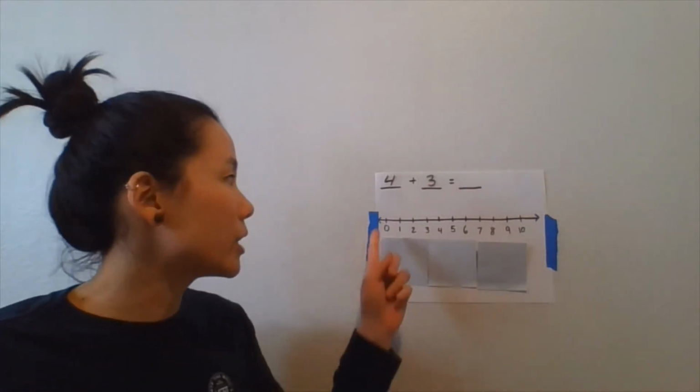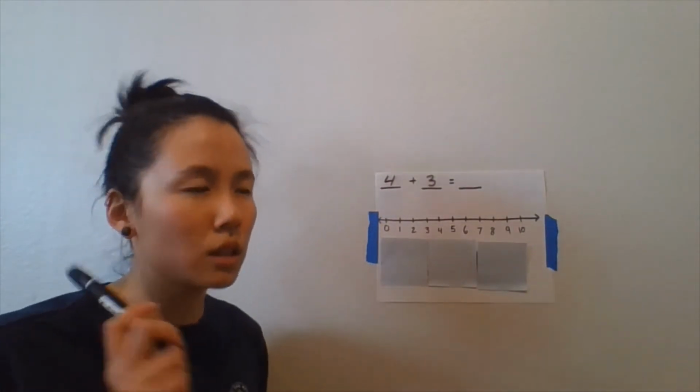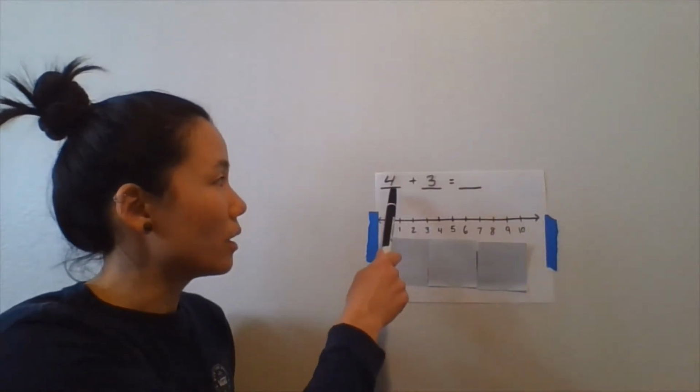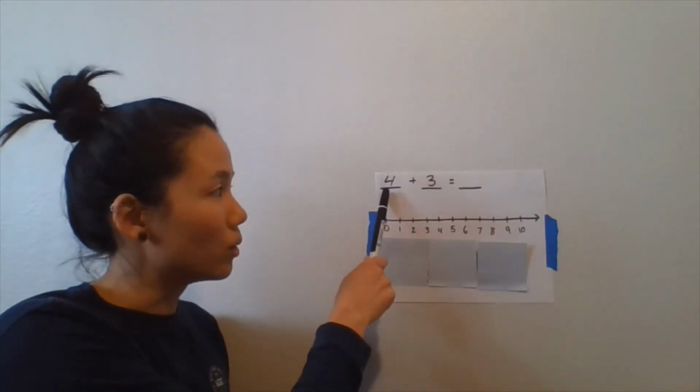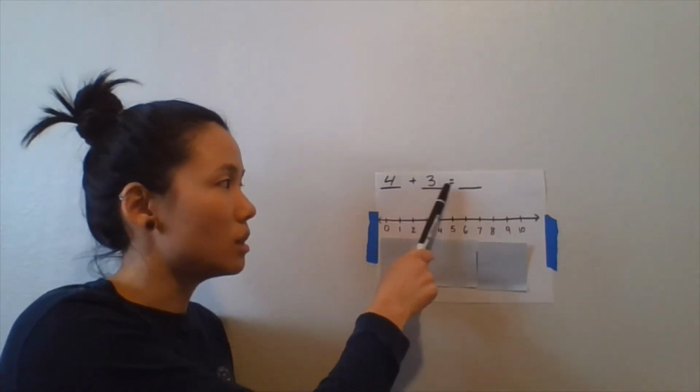So when we think back on the last video that I made that was addition with a number line, I showed you how to solve an addition problem using a number line. So we're going to do the same thing today, and then we're going to think a little bit more about what we learn about those numbers. Okay, so if I read my number sentence, you can read it out loud with me. 4 plus 3 equals